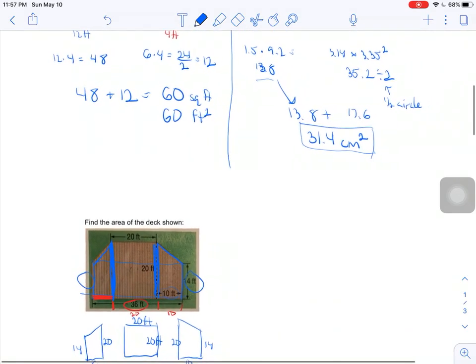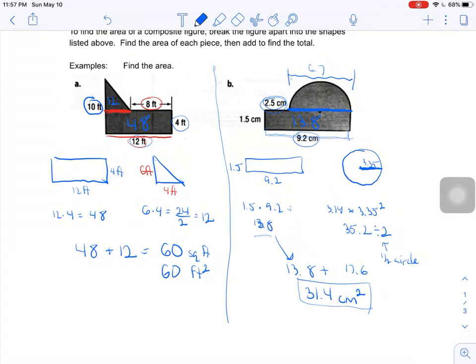Hopefully tracking through these examples, first of all, gives you some good examples in your notes, and also gets you thinking about how you can take a complex shape and find the area of it by splitting it apart into shapes that you know how to calculate. So when you're ready, you're going to